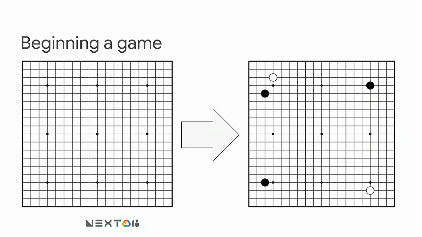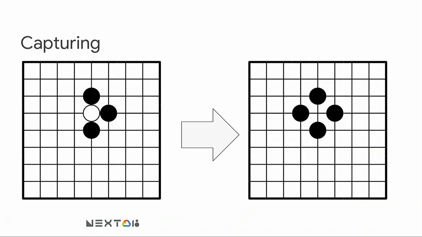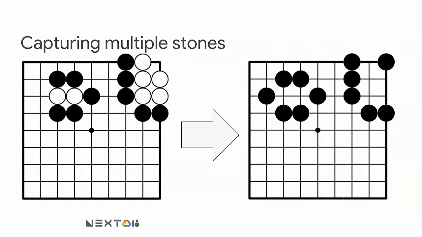This is what it looks like at the beginning. People take turns putting stones down on the board, trying to surround territory. When we talk about capturing, it looks like this. When stones are completely surrounded, they get taken off the board. That also works on larger chains of stones. So you can see that groups that are connected orthogonally share their fate, where they will hang or stand together,